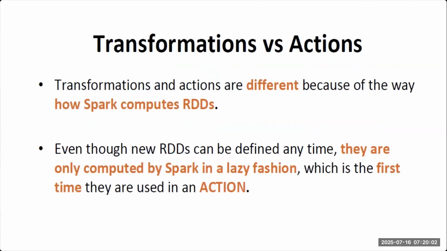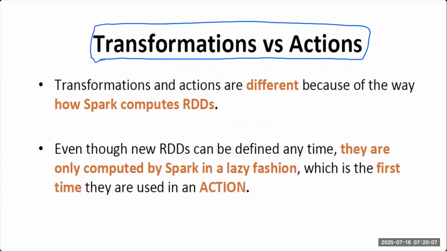So can you tell me what is the difference between transformation and action? We just saw it, right? What difference do you see in that? Transformation: the data is different after transformation. And in action? Action is like filtration of data.